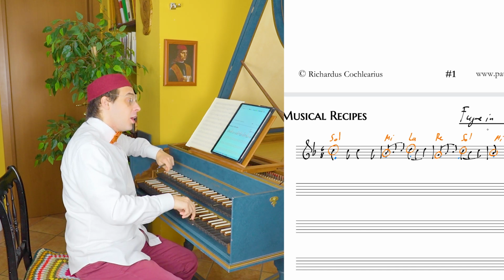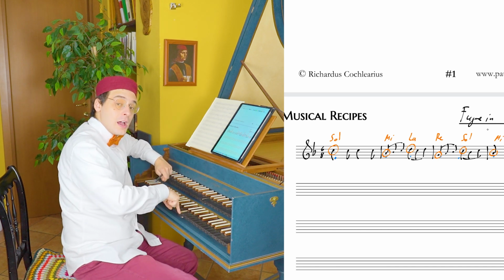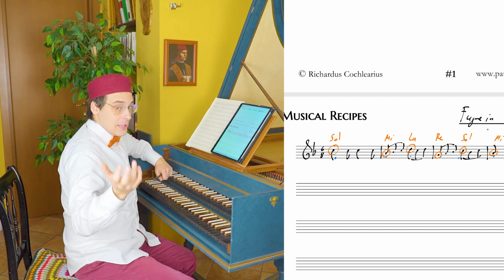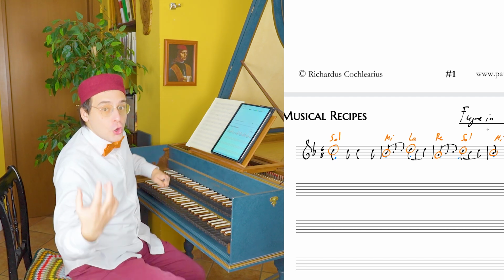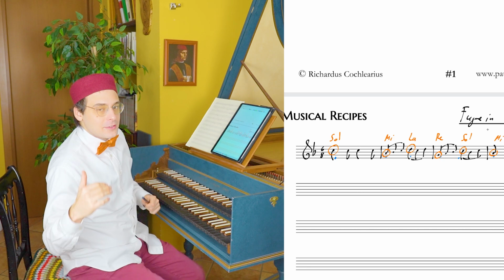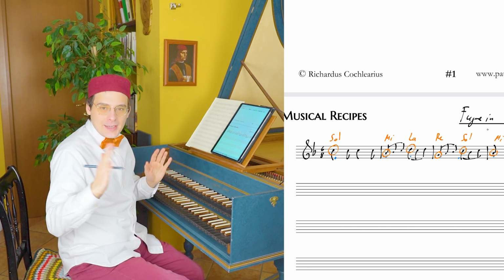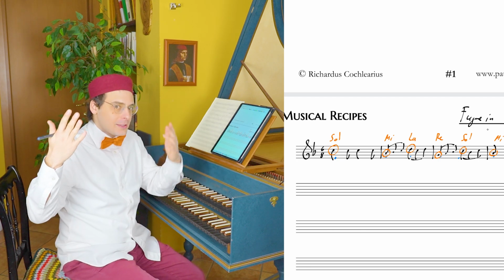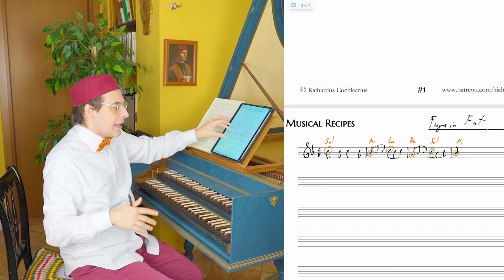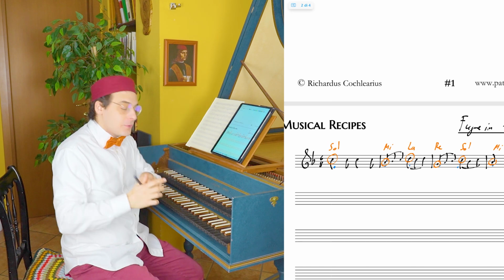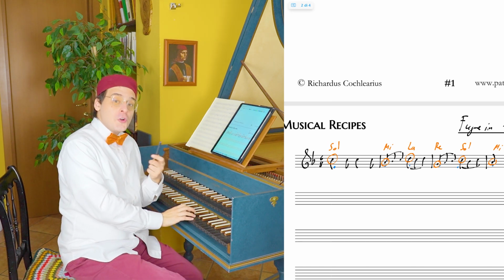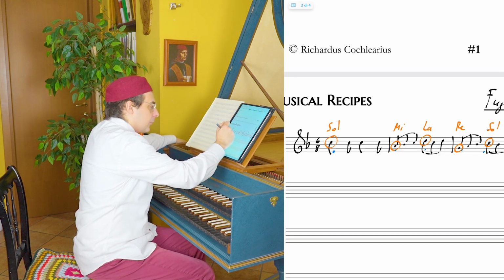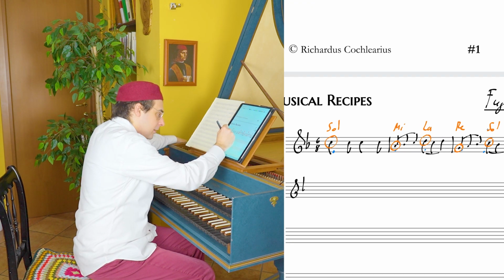So Sol, Mi becomes Fa, Mi, because it's the fifth degree of a key, so the answer is the so-called tonal answer, and it's not the real answer. The real answer, you know, as you can see, there are so many things to know. The real answer is the exact transposition. The tonal answer is with a notation a little different. Sol, Mi, Fa, Mi. So the answer of this is Fa, Mi,